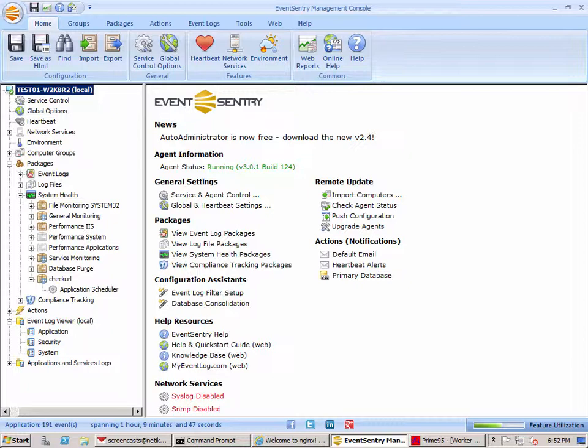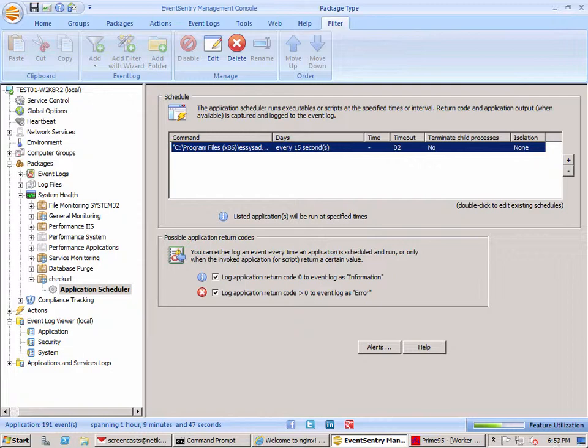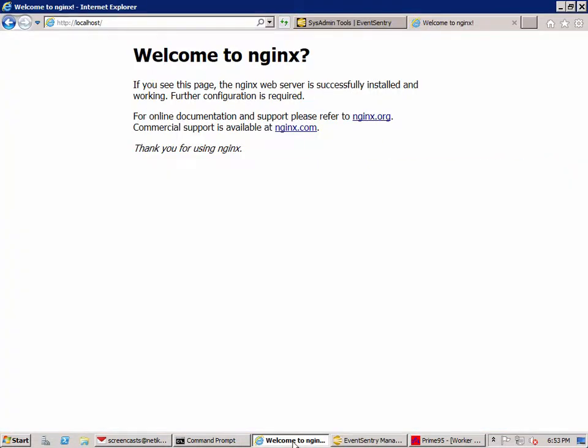know when the checkurl utility took more than a certain amount of seconds to run. And subsequently, we can use this to detect if the website is taking too long to respond. To review briefly, here we have the application schedule which we set up earlier. We're calling checkurl against localhost, which is this test website from the Nginx web server that's running on a local